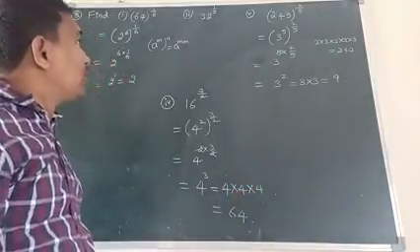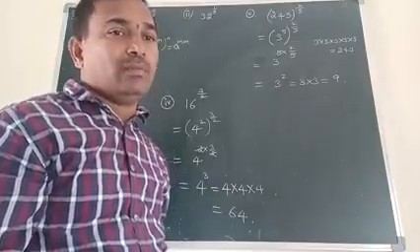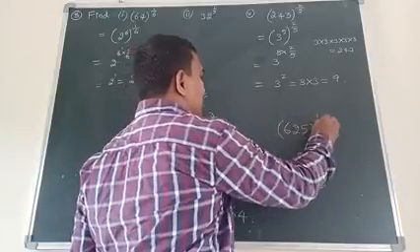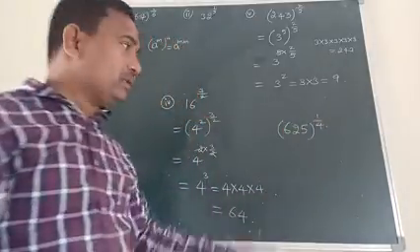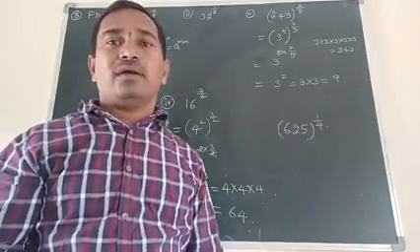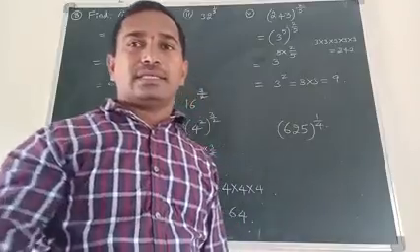Okay. So you have to do 32 power 1 by 5. One more, 625 whole to the power 1 by 4. So in the units place 5, you have to check 5. If you multiply 5 four times, will you get 625 or not? Okay, let us see another problem.